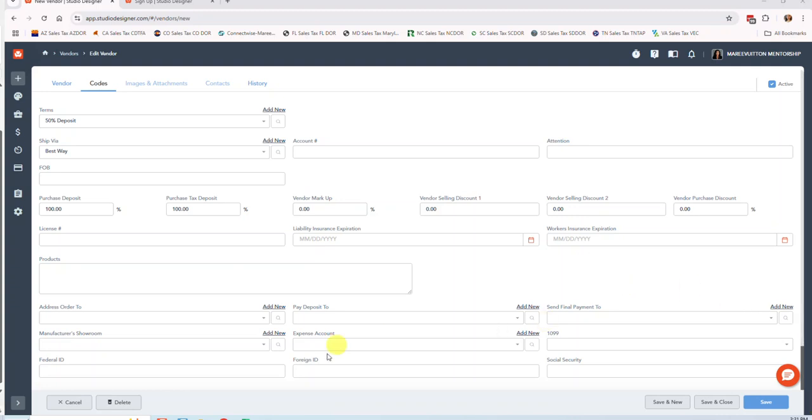So fill it out in its entirety. This is where we're going to fill out as much of the information as we can because, like I said, it's going to flow through checks, POs, things like that, or wherever we need it to flow, expediting reports. Purchase deposit, like I said, this one